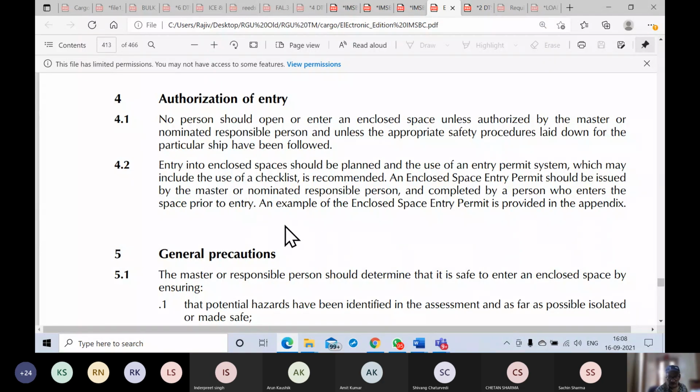Okay, I understand what you're saying, but there is something more to it. I am saying that you made the permit. The permit is approved by the master. You were instrumental in informing these people that they have to go inside. Permit is here, fine, done. So 2 people have entered the enclosed space, right? Now these 2 people have signaled for help. They are in some trouble. So people have to go to help them. They have to enter the enclosed space to help them, right?